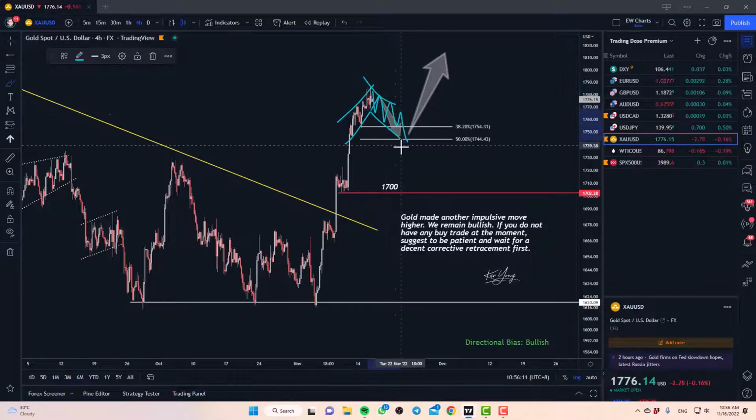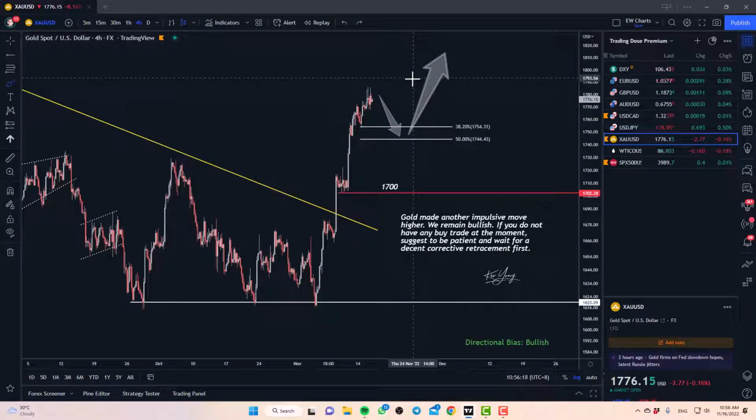Trading, sometimes you need to just be patient. This week, I think a lot of the major pairs are essentially just ending off with an impulse, so you need to give it time. Other than dollar CAD, of course, for most of those that I've mentioned, we just need to wait until the end of the week.